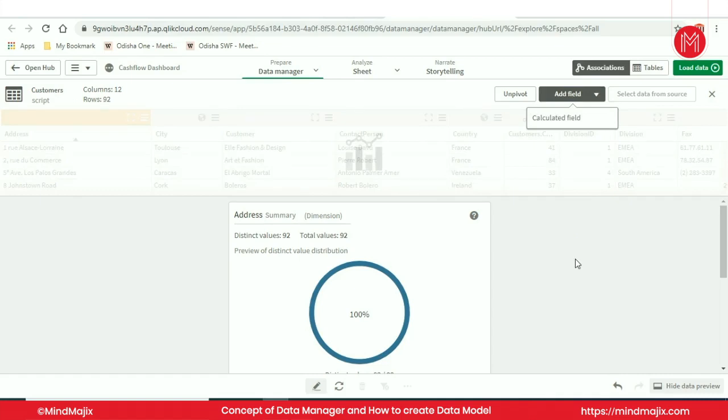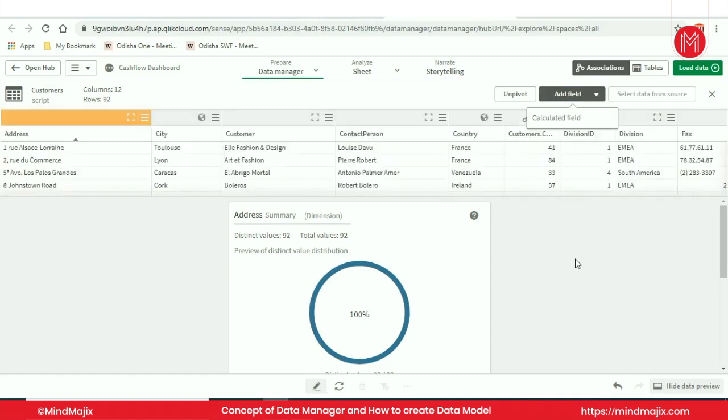So today we will see the entire data modeling by using the data manager, and in the next session we will plan for the data load editor, how you would do the connections of the tables, joinings and everything in the data load editor. So today we will only focus on the data manager, and we will see the list and the properties, and how you can deal with this data manager and its properties to create an effective data model.